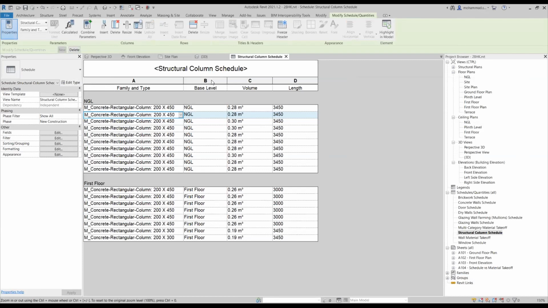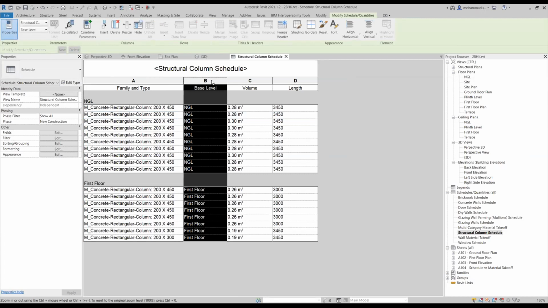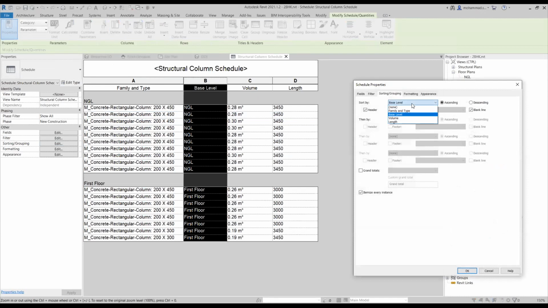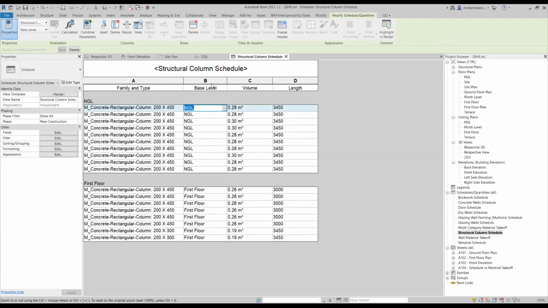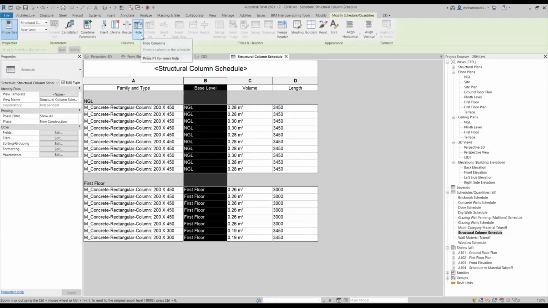Now I think we do not require to place this column anymore, but I cannot delete it. If I delete this column, this will actually remove our sorting also, because our grouping is actually done by the same property. So we cannot remove this property, but yes, we can hide a particular column like we do in Excel as well. So instead of repeating this information in our heading and in our columns also, I can simply select one of the columns and hide it. So I'm hiding it here.